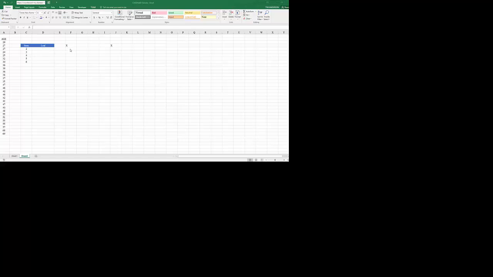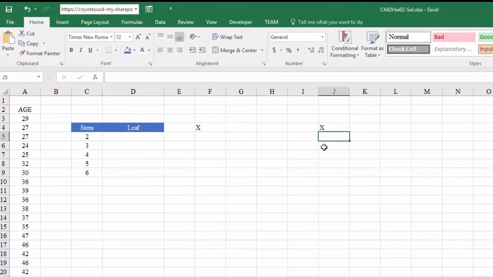So here's one way we can do it. I kind of started one here. One of the things we need to do is identify the stems. So this is going to be 20 something, and we can start this out by using a COUNTIF